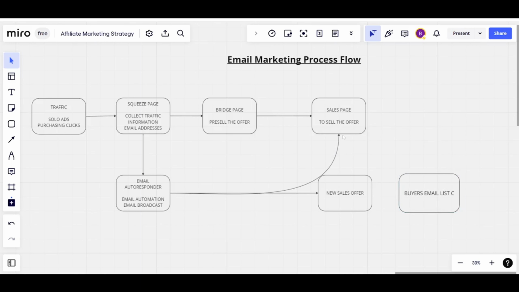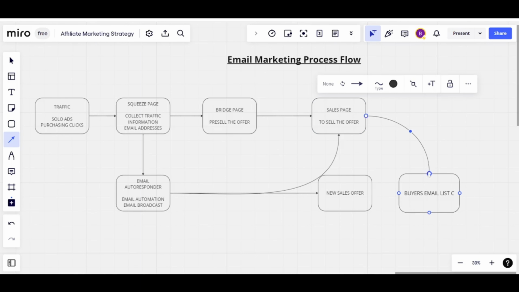This kind of offer, what is the price point that usually we promote? Remember, our traffic is solo ads traffic. All right. So the price point of all these offers should not be anything more than $20. I repeat again. Because you are using traffic from solo ads, the price point should not be anything more than $20. Okay? After they have done the purchase, you need to be able to channel all the email list into